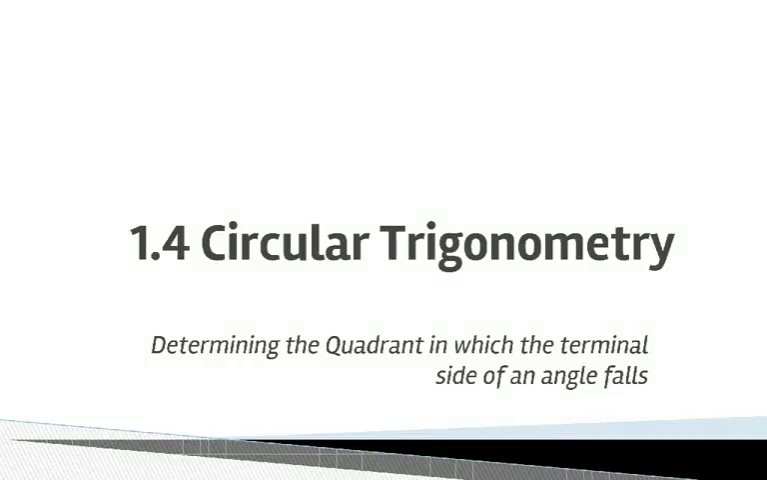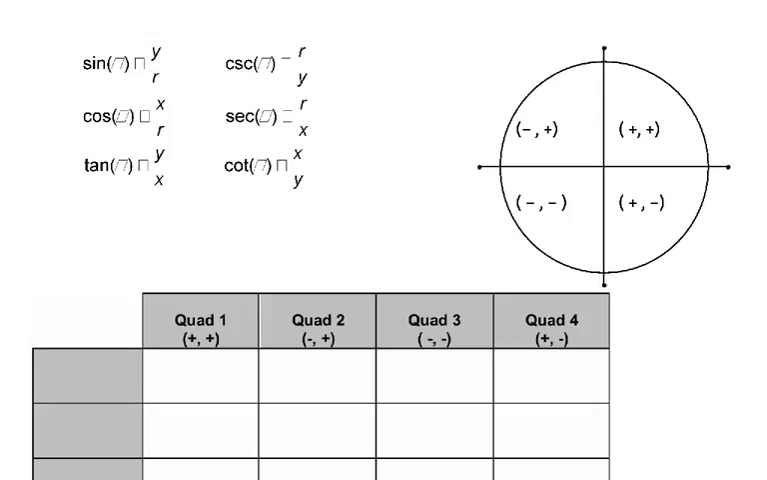Okay, this is just a brief video describing how we determine the quadrant the terminal side of an angle falls in based off of the positivity and negativity of two different trig functions. Okay, the first thing we want to do is think about our different trig functions and what the ratios represent. So we know that the sine of theta